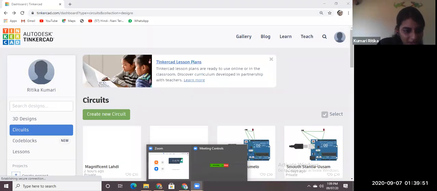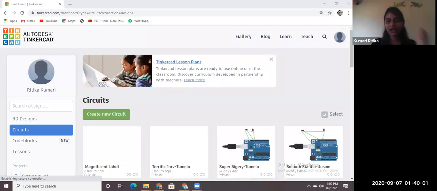Okay, it's open. Okay, do it fast. Open the Tinkercad fast. And then when you reach till here, you need to click on circuits.